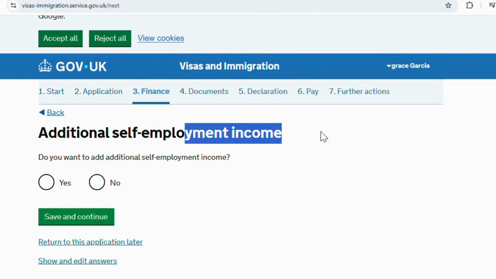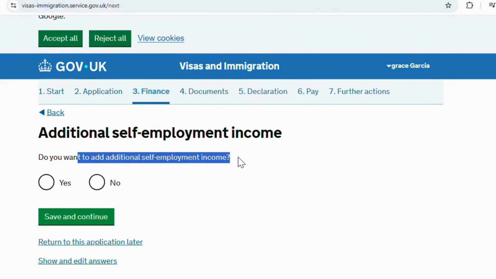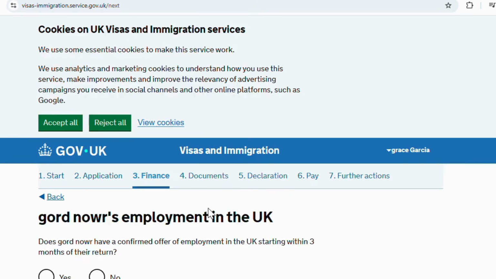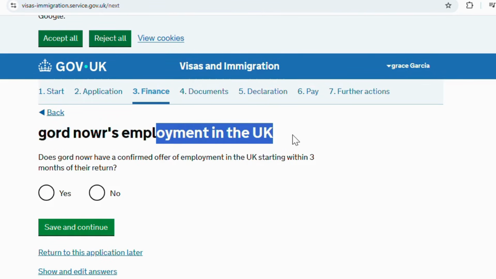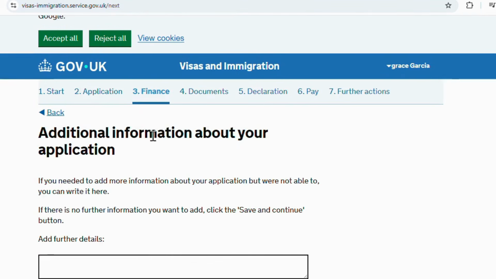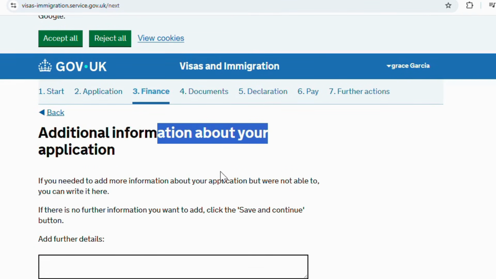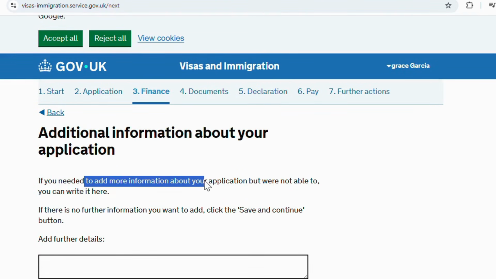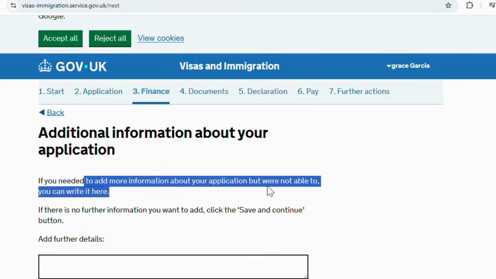Additional self-employment income: if you have, you can add. But we don't have any additional income, so we just click no. New employment in the UK: does he have a confirmed offer of employment starting within 3 months of the return? No. Additional information about the application: if you need to add more information, you can write it here.